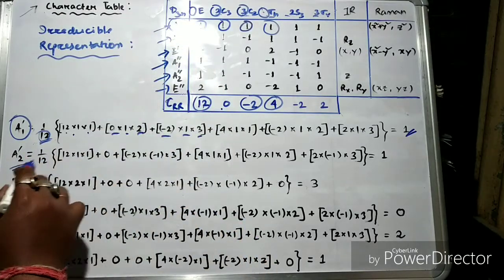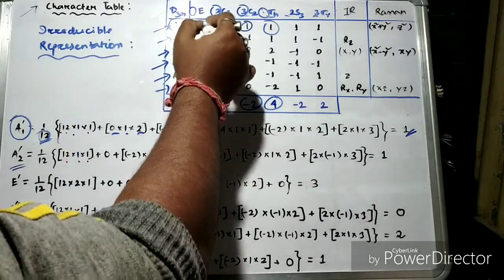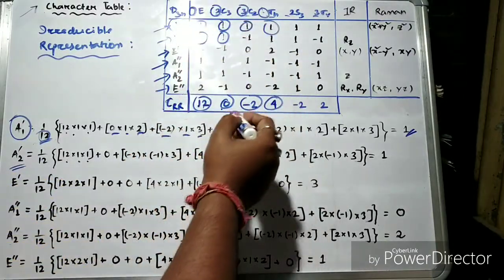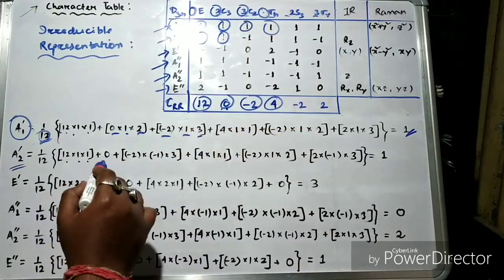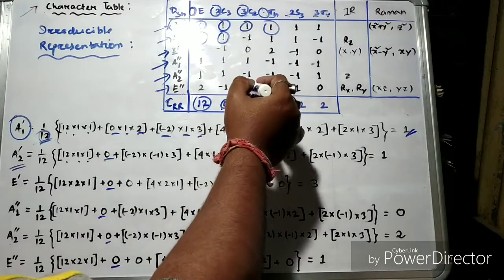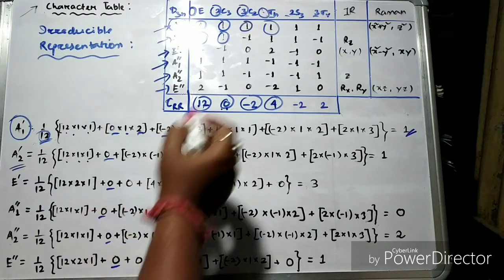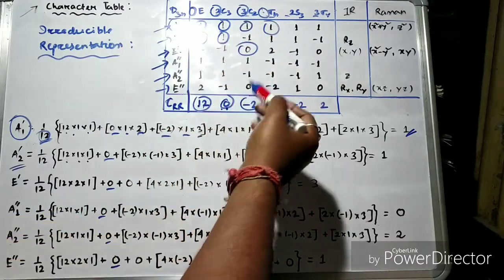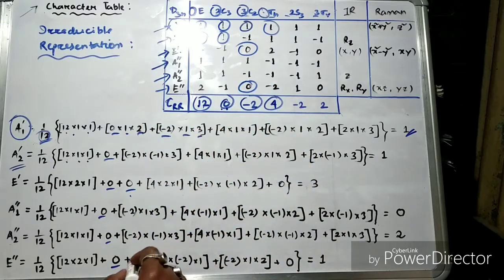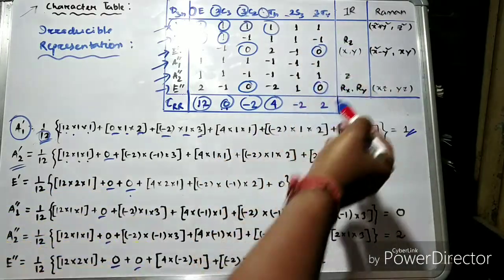Therefore, if you can see it for A2 dash, we can simply take 12 into 1 into 1, then 0 into 1 into 2. So for these it will always come out to be 0, because anything multiplied with 0 is 0. For the E dash, here it is a 0, so it will come out to be 0. For E double dash also there is a 0, so it will come out to be 0. And then this one also it is 0, here also it is 0, so it will come out to be